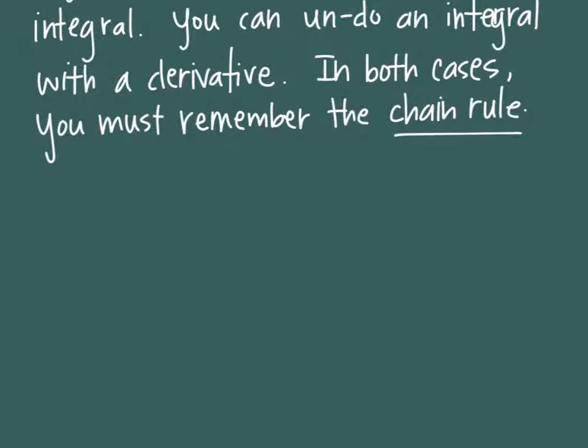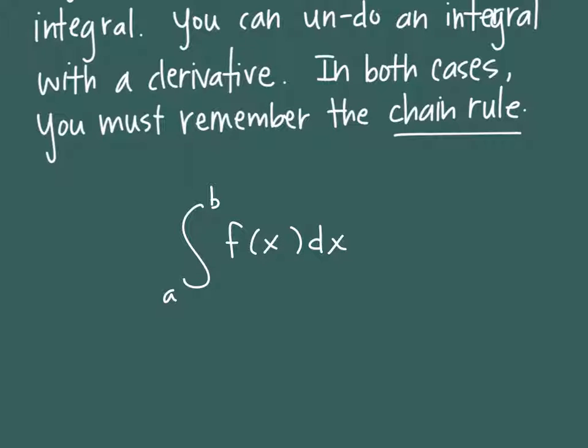So here's how you write it in math script. That's sort of the English explanation of it. Here's how you write it in math script. If you have an integral going from a to b of f of x dx, it is possible to undo that integral if you take the derivative. The way we show that is using our friend Leibniz, and he would do this. Take the derivative, d whatever, of whatever comes next. The derivative of the integral.